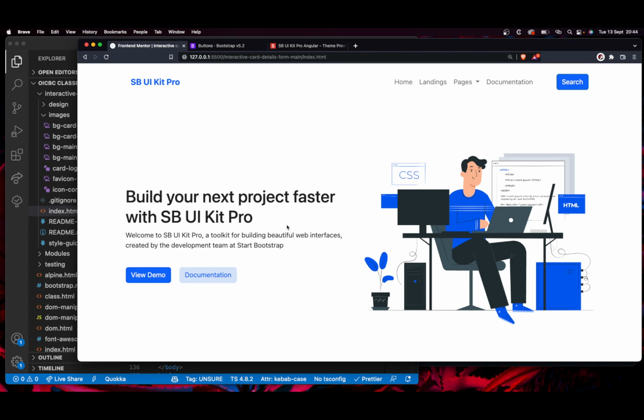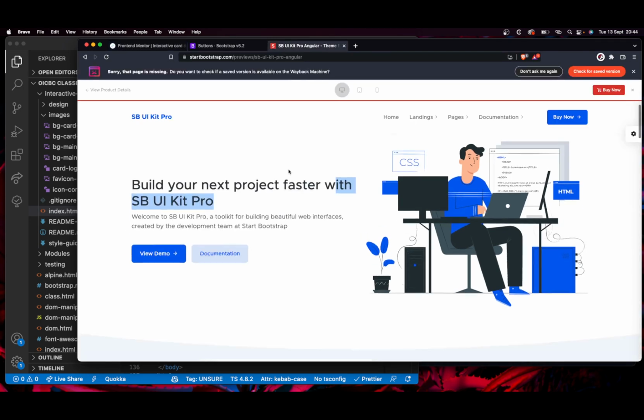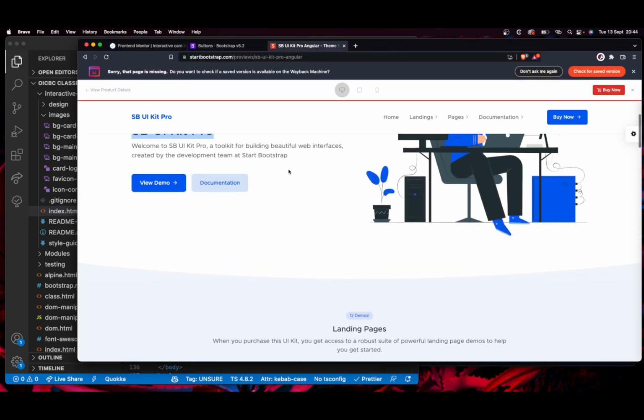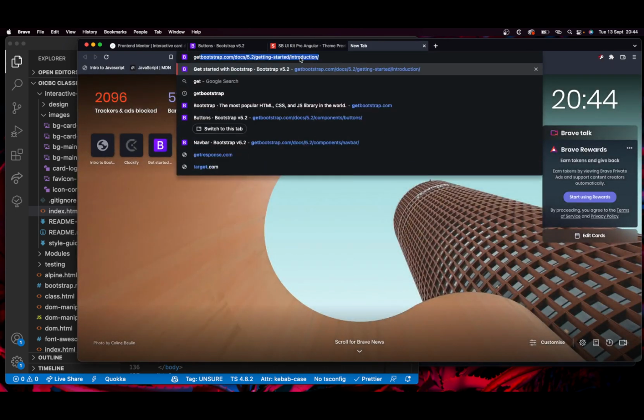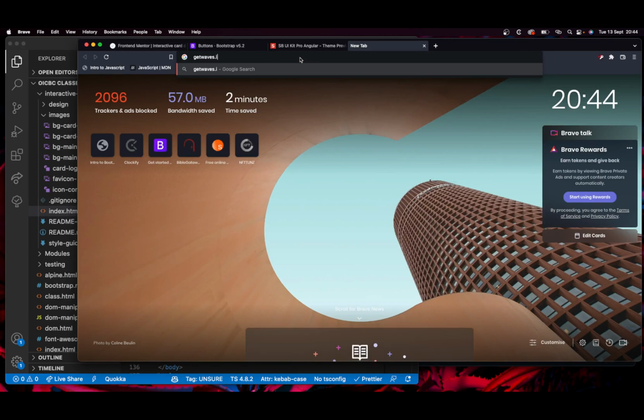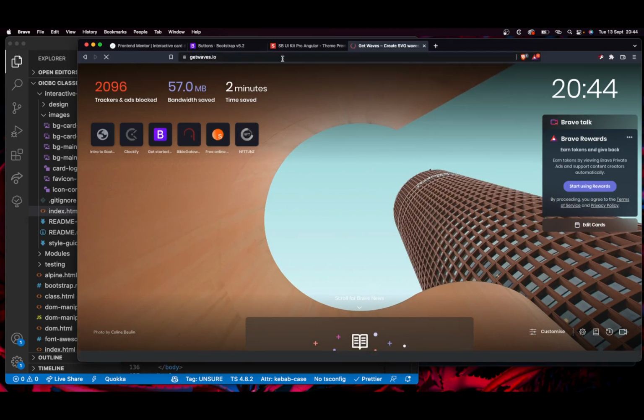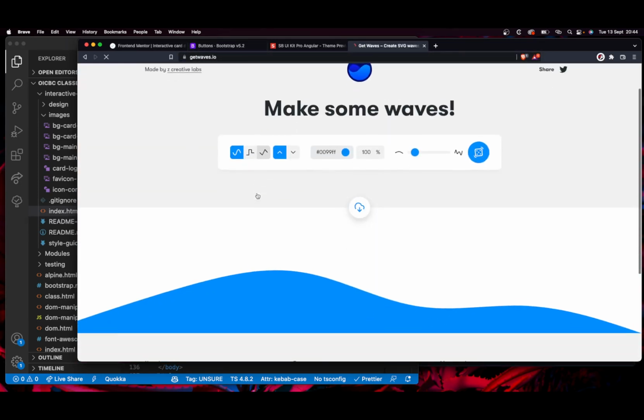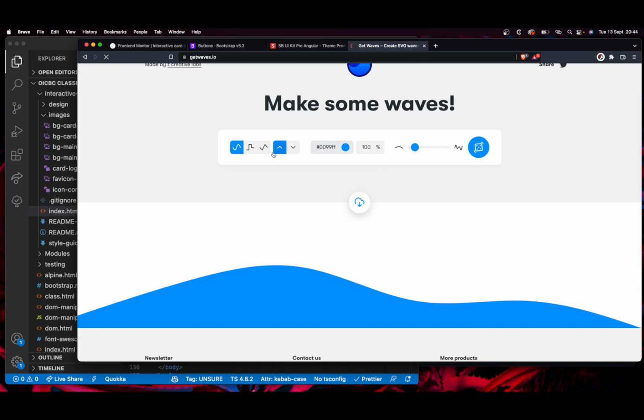Okay, so you can see now that we've been able to do a lot of things faster just using Bootstrap without writing so much CSS. Do you get? So the next thing we need to do is just to append this wave. So I think we get waves.io. That's the site for generating this kind of stuff. So we just need to generate a wave for